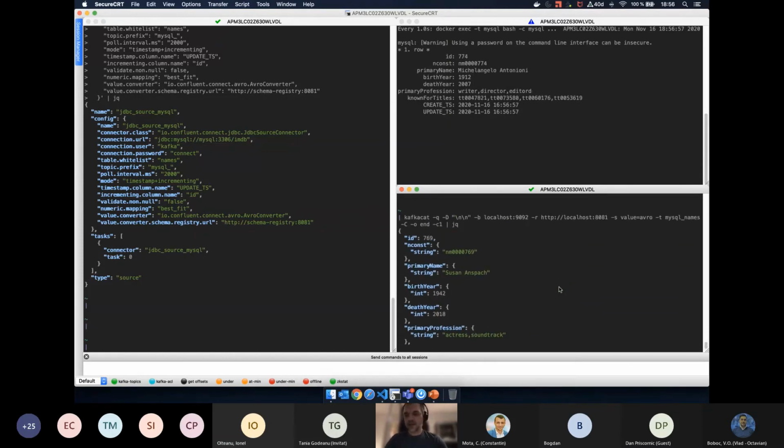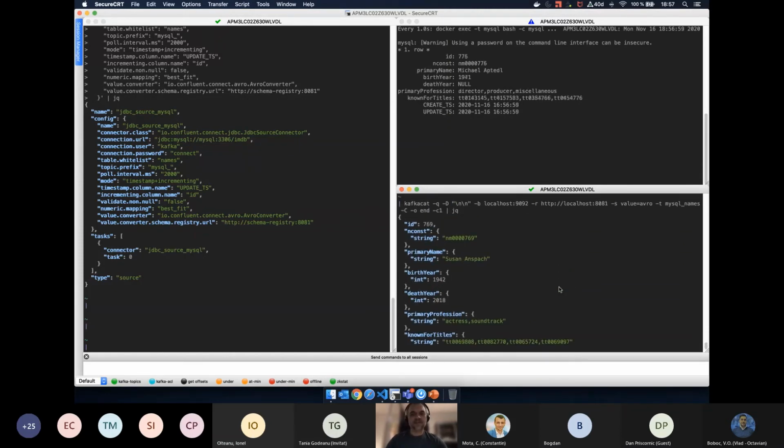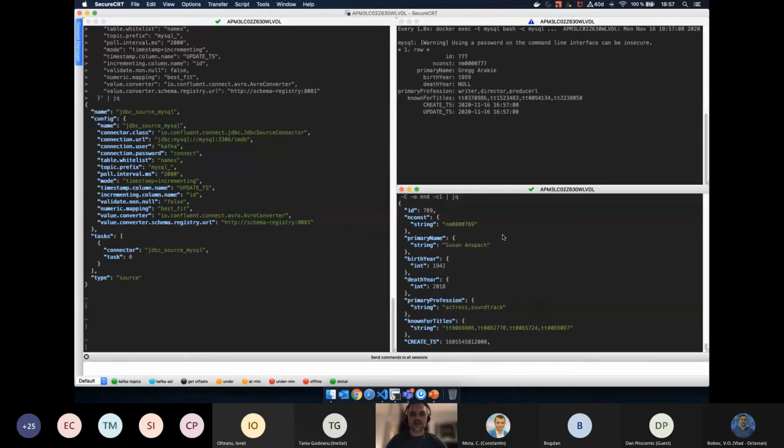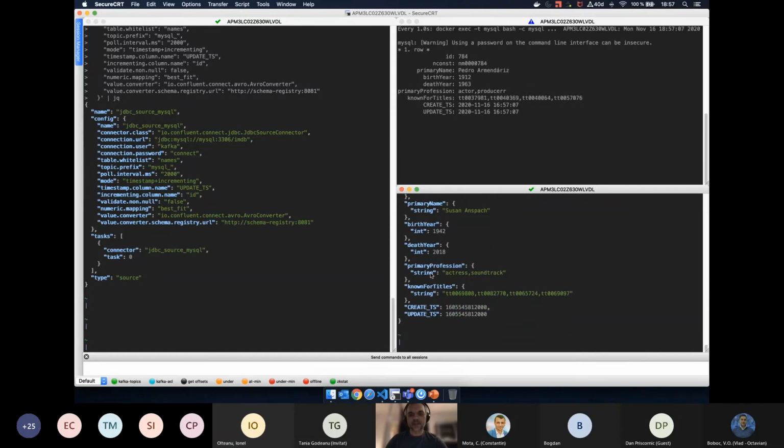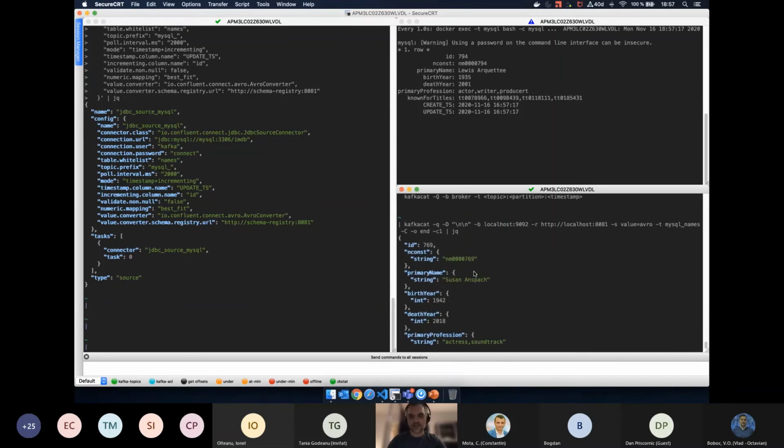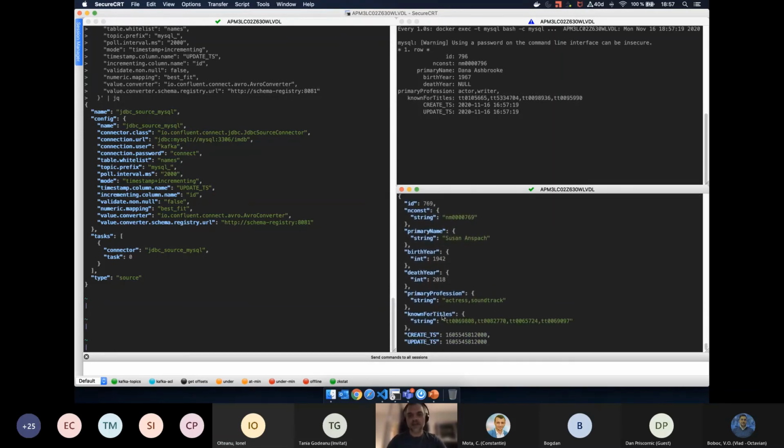Now we can see in our event payload that there is no schema associated with our event. Actually, when we are using Avro, the schema ID is stored in the first bytes of the event, and we cannot see that with Kafka-Cat.